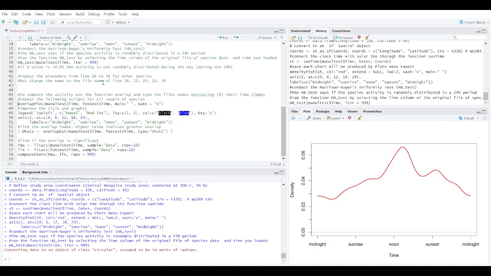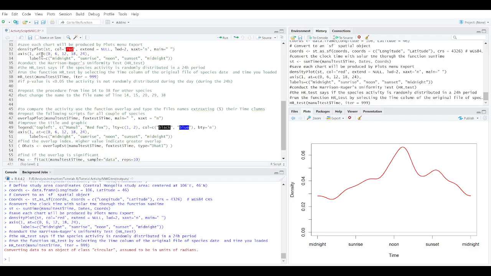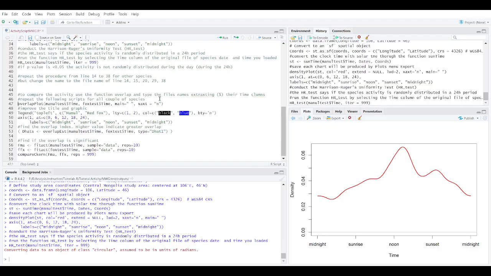Finally, let's say we run the same script for Manu, loading the data we created for Manu, changing the Fox text with Manu text in all the script until this one, as reported here in lines 14, 15, 20, 29, 38. And then we go to analyze the overlap between Manu and Fox. So we got this kind of plot for Manu. We saw that just after noon is the main activity peak. And now we go to look for the